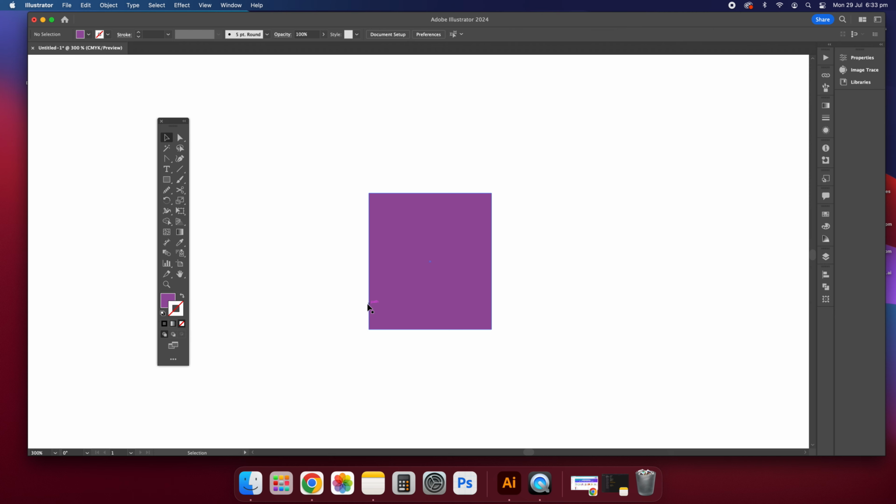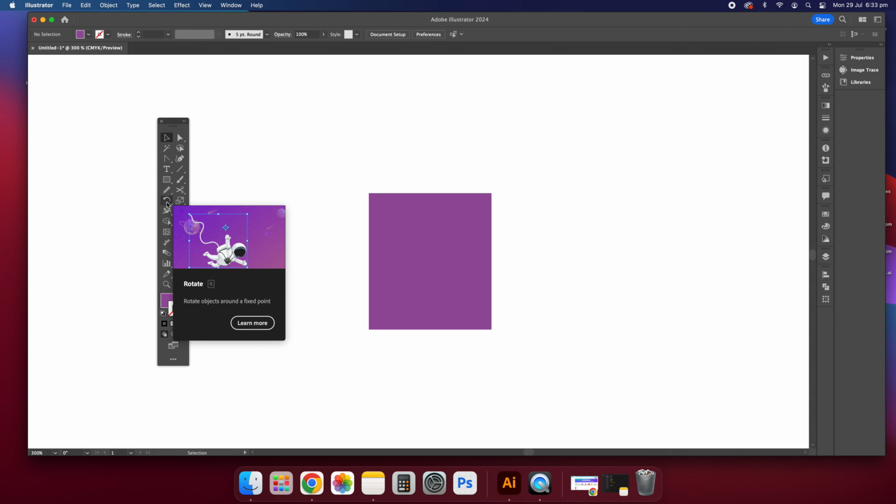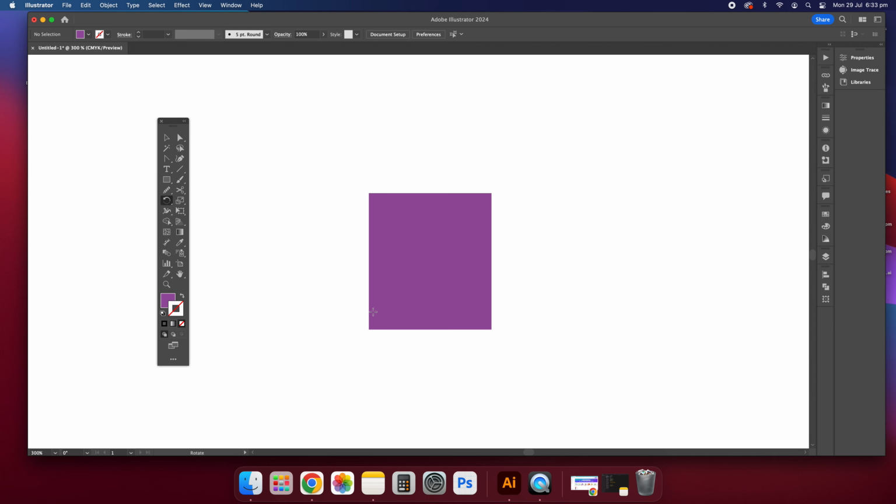Say for example you've got an object and you want this to rotate on the outside of a specific object. So this is where you'd use a rotate tool. If you click the rotate tool and say its center point is towards the bottom left here, you would click that. Actually, I should probably click the object first, then you'll activate its center point. Then you can change where its axis is, and then once you do rotate this,